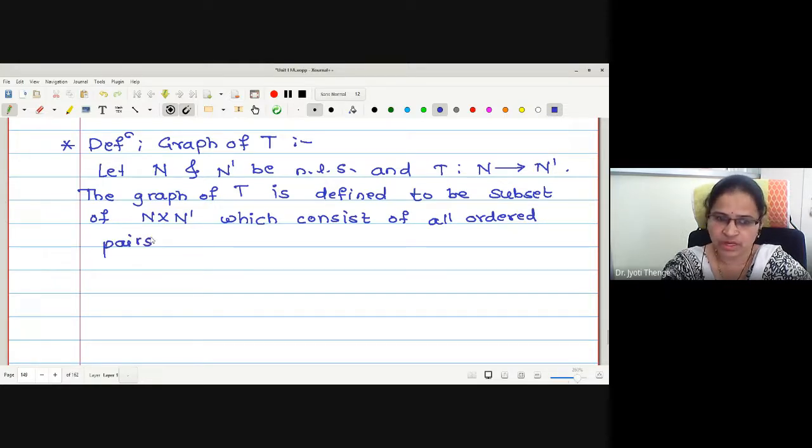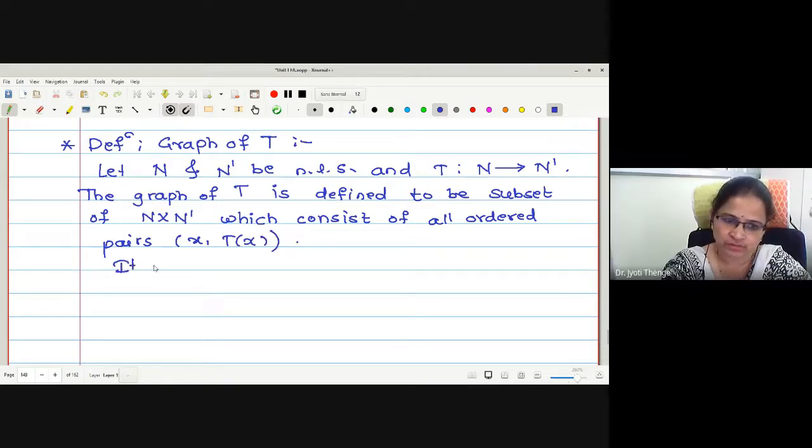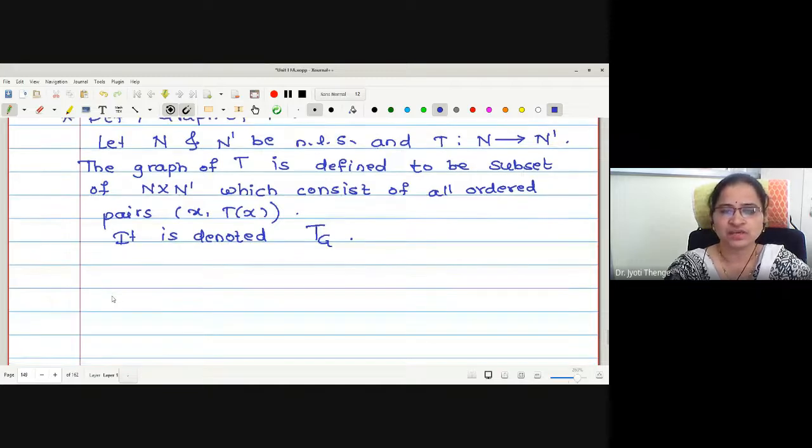All ordered pairs. Is it x, T x type? Yes. Correct? Then it is denoted by... Now in this unit we are going to denote the graph by T_G. Is it okay? Capital T with suffix G. Thus we have the set T_G, the graph of T, as